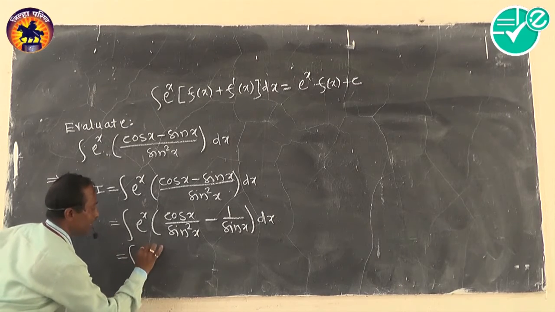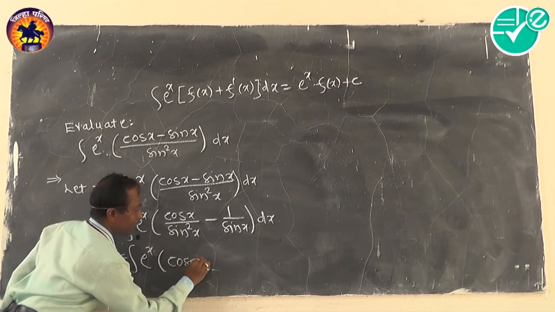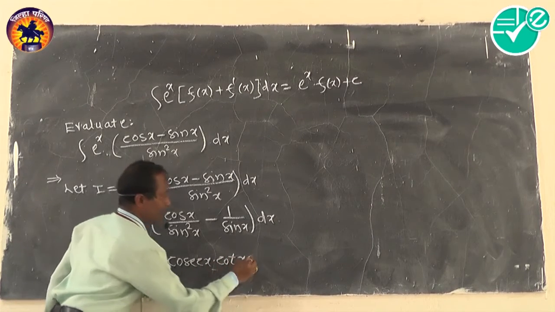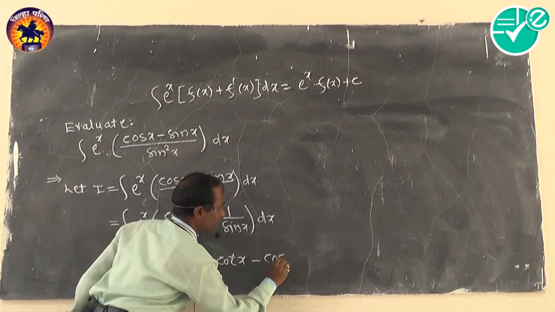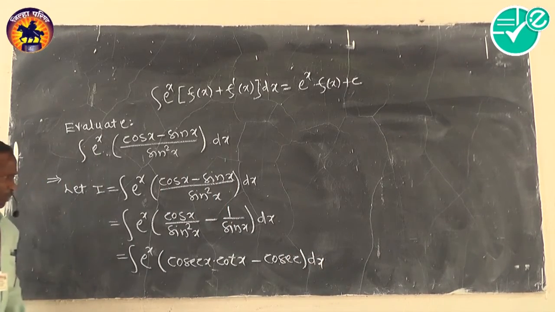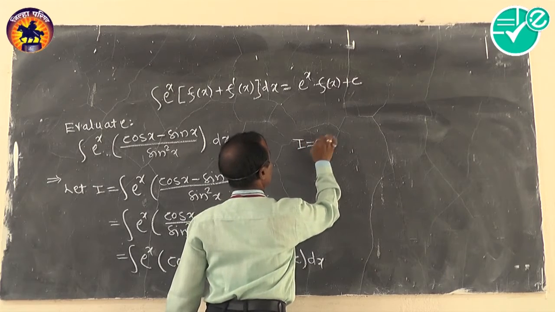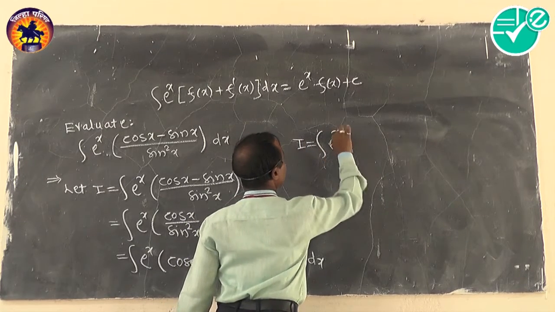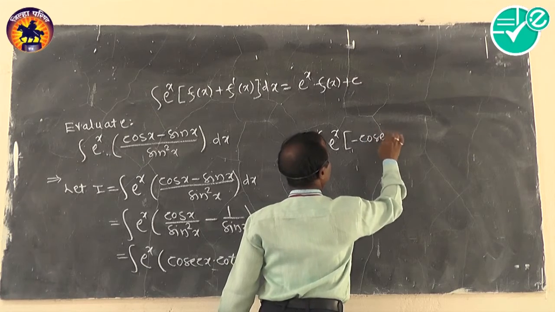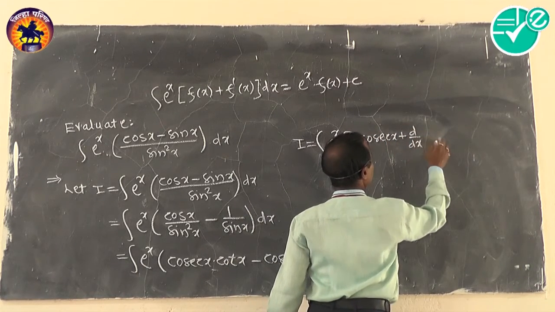Integral of e raised to x into (cosec x into cot x minus cosec x) dx. Now this can be written as I is equal to integral of e raised to x into (minus cosec x plus d by dx of minus cosec x)